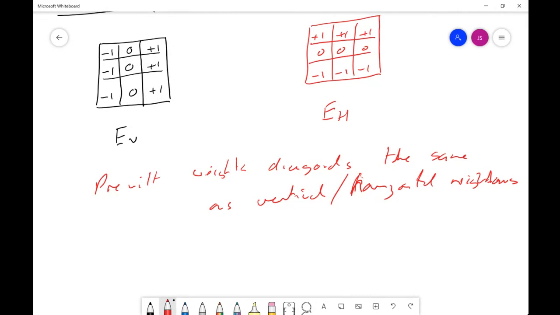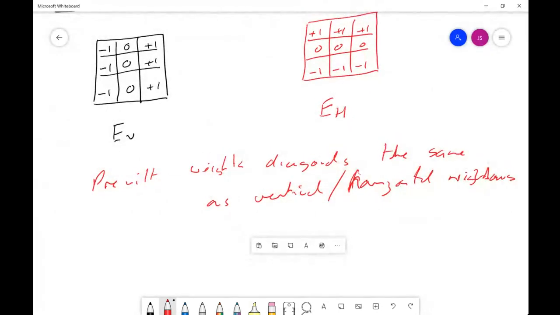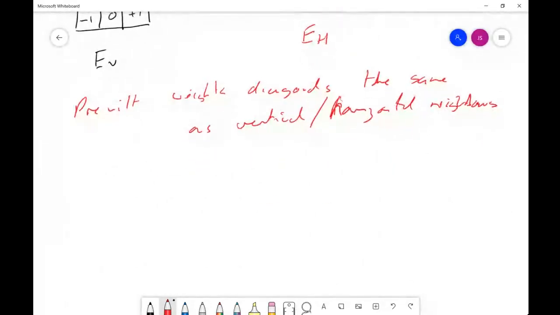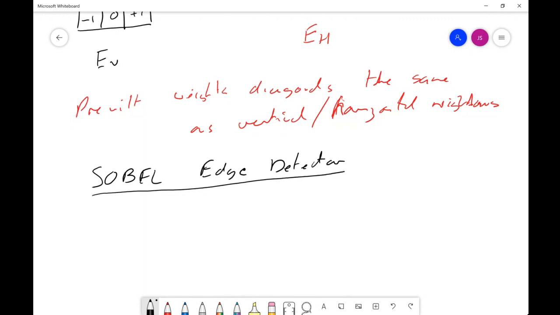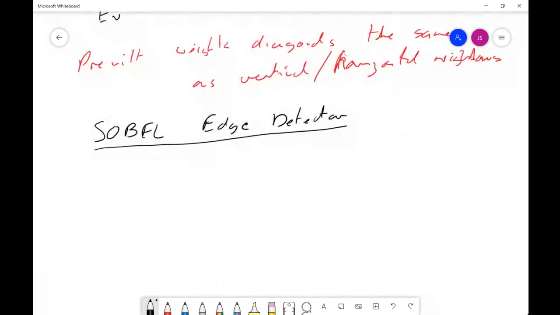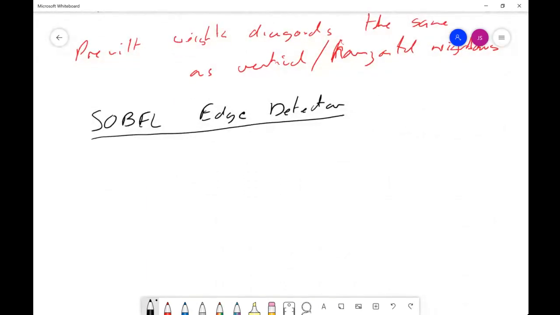So the Pruitt weights for the diagonals the same as the vertical and the horizontal neighbors, and we can improve on that. In fact, it has already been done. This leads us to the Sobel window detector, edge detector, which is an improvement on the Pruitt. And the two windows for the Sobel